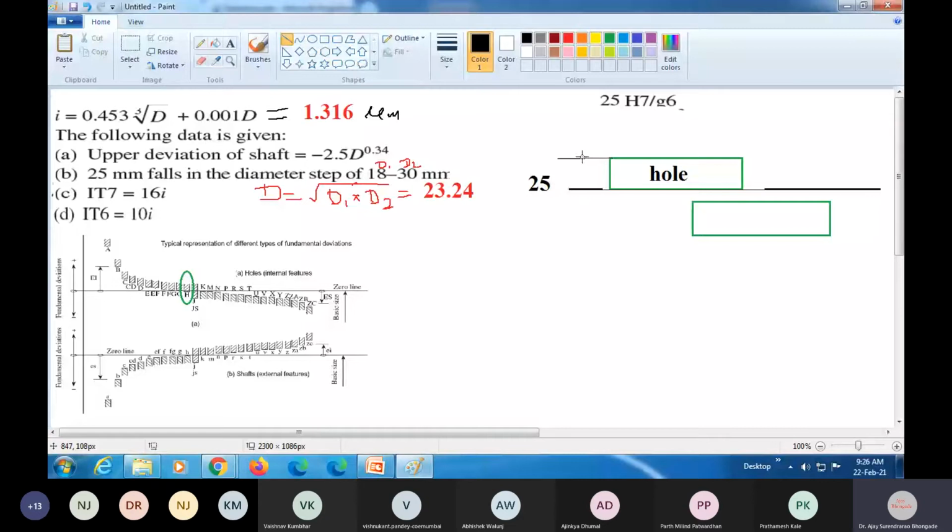So I know what this particular value should be. That value will be given by figure 7 itself. What is this particular value? That will be given by 7. Okay, so what is the value of this IT7? So if we work out the value,